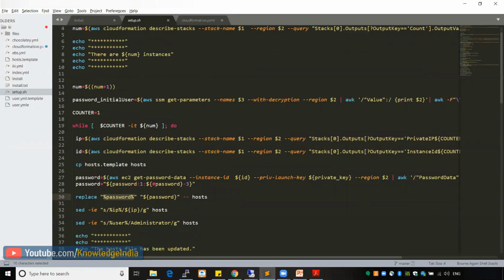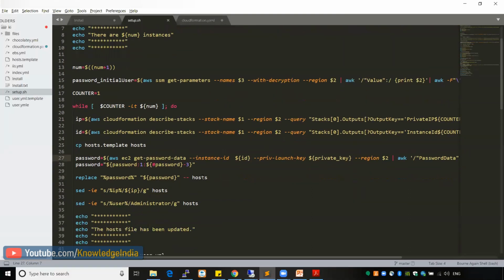So these actual values would be, for example, for the very first run, we would need the administrator password of the machine, right? So it's running this EC2 get-password-data command, storing the initial administrator password, and then replacing the placeholder with the value of the administrator password. Okay, so once it has it,